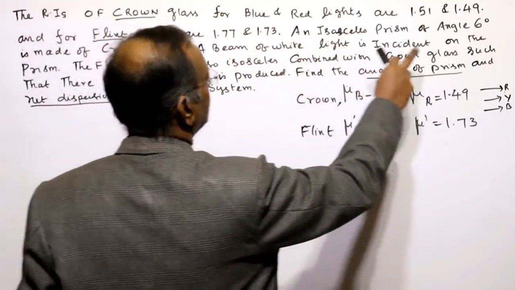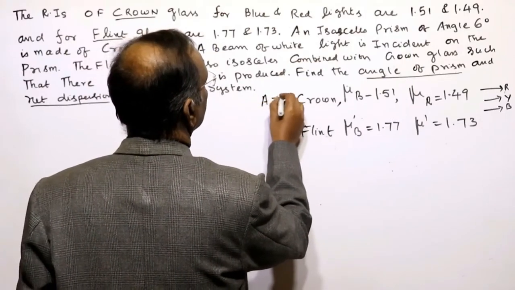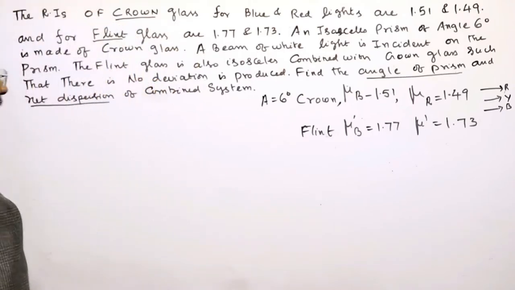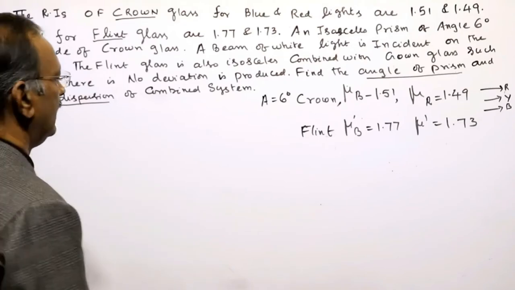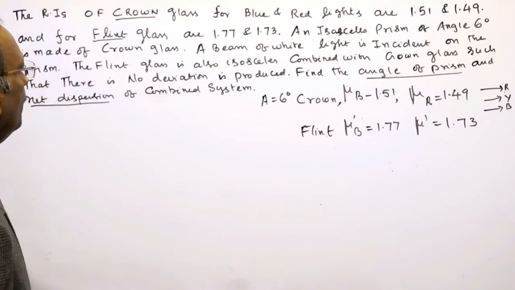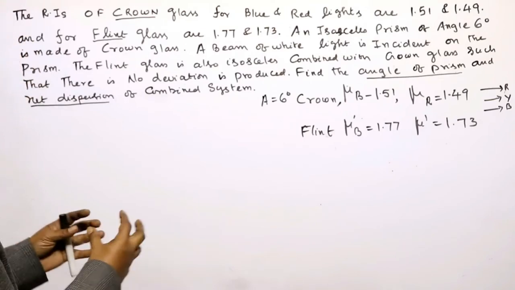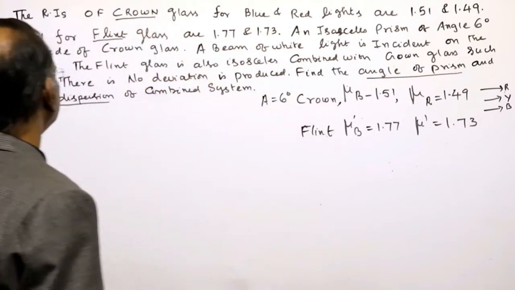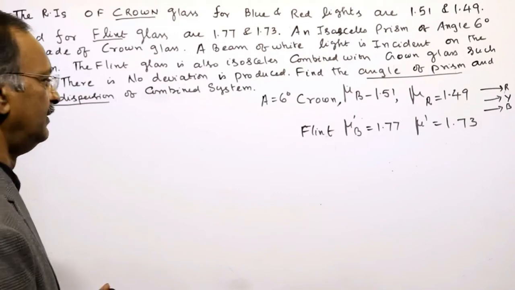And an isosceles prism of 60 degree. So the angle of prism A is equal to 6 degree and it is made up of crown glass. So there is a prism made up of crown glass, isosceles, and another prism made out of flint glass. It is also an isosceles prism, and this crown glass is combined with flint glass,